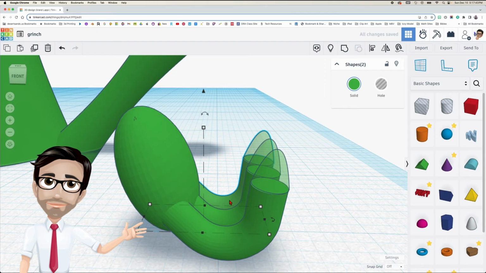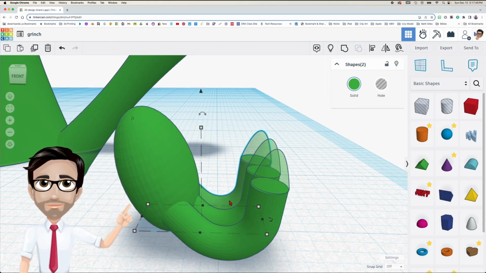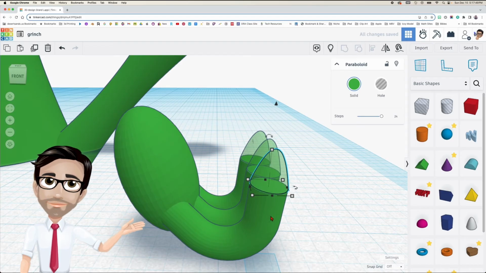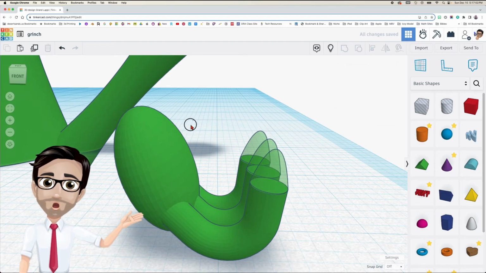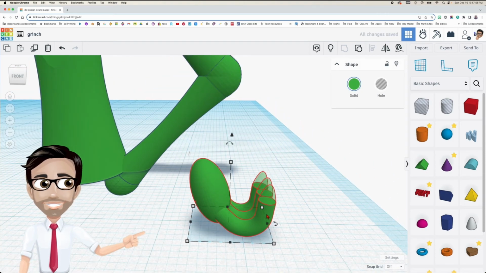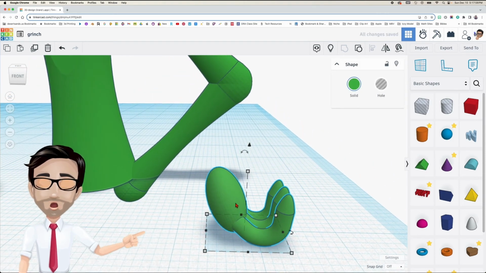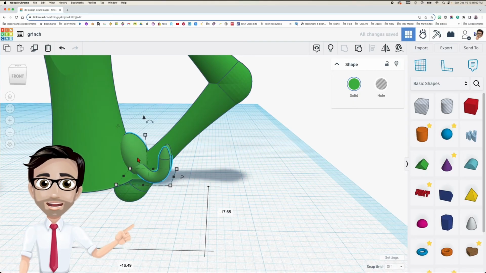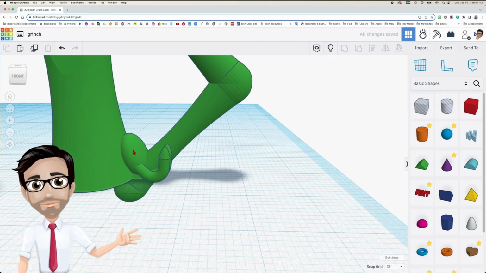Now this one I'm going to move closer to the hand. This one too. Oops, that one's going to go with there. And now I'm going to select all of them and group them, Control G. All right, so this one is going to be close, but I'm going to move it down